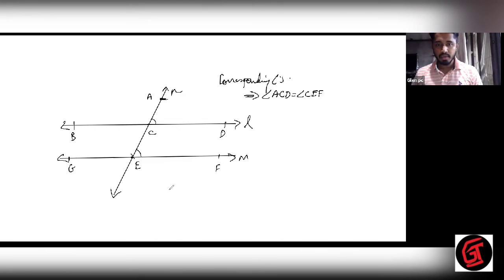Nathan, I want you to tell me any one pair of alternate angles here. Z formation. Come on, Nathan. Nathan, you have to unmute first. Sir, voice is breaking again. Nathan, there is some problem in your phone or your system at the moment. You have to do something. Whenever you cannot hear me, go out and come back again.